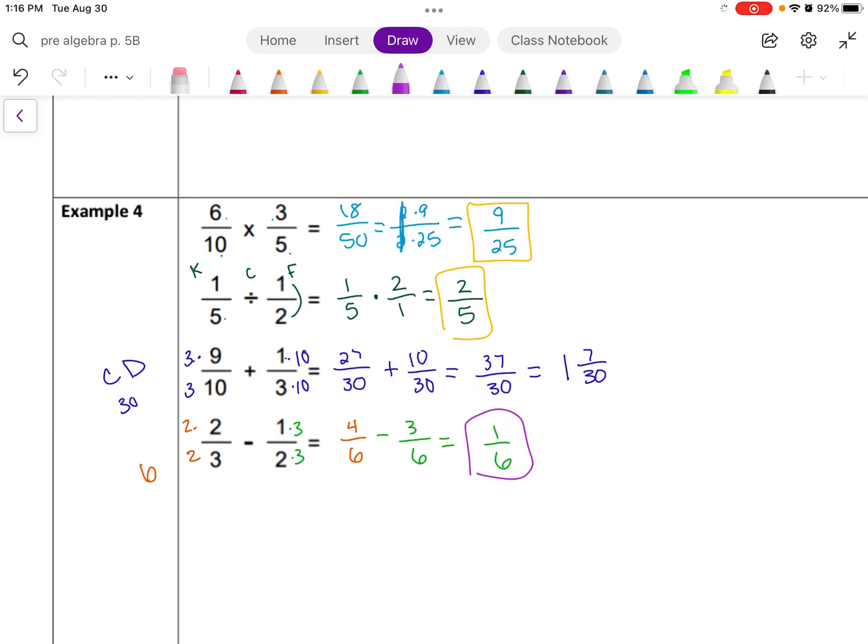So for fractions, big things to remember is when you're adding and subtracting, you have to have a common denominator. When you're multiplying and dividing,